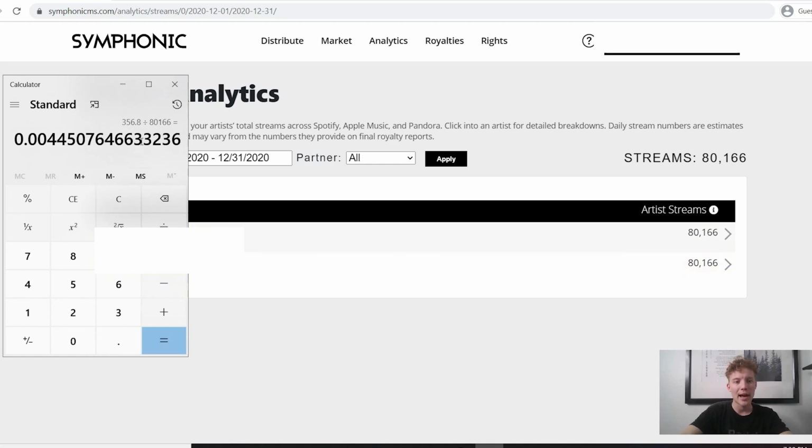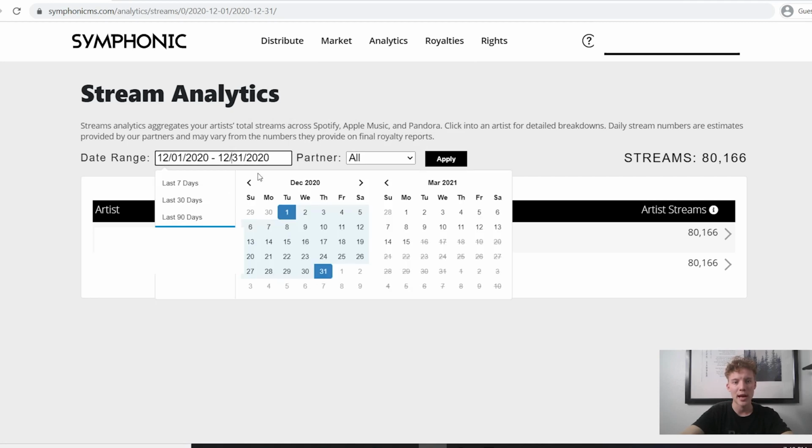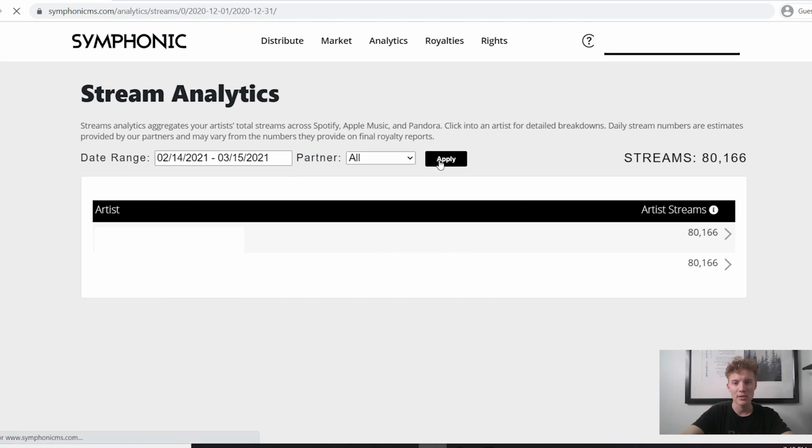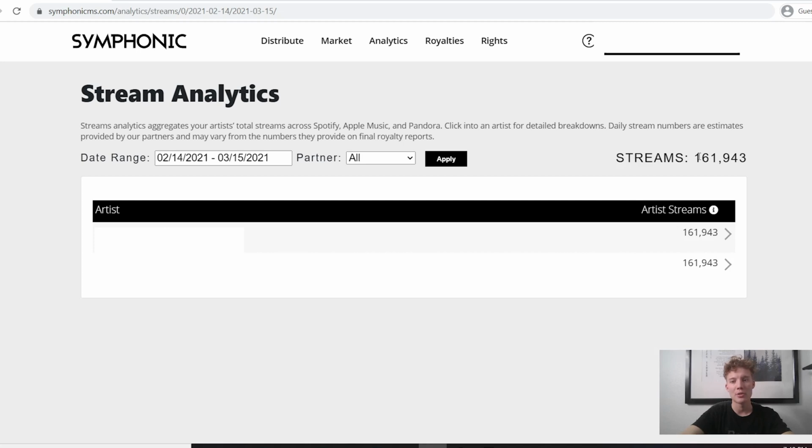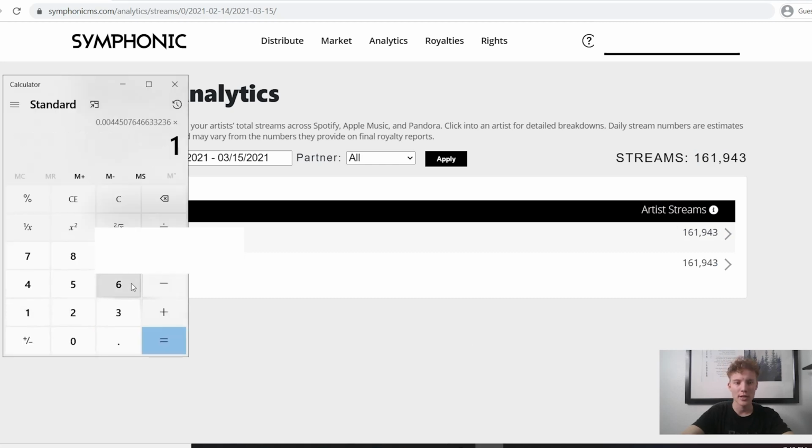So we can take this number from the $300 that we made for the 80,000, and we can look at what we did in the last 30 days. The account has grown a bit since then, so we are now up to 161,943. So we can times our multiplier, and we should be currently making about $720 a month from these 2 albums that we posted back in